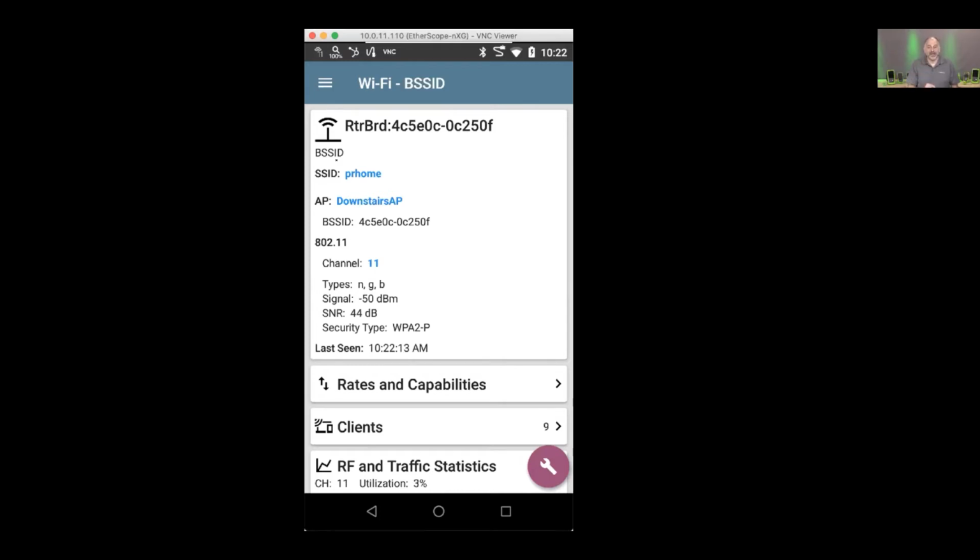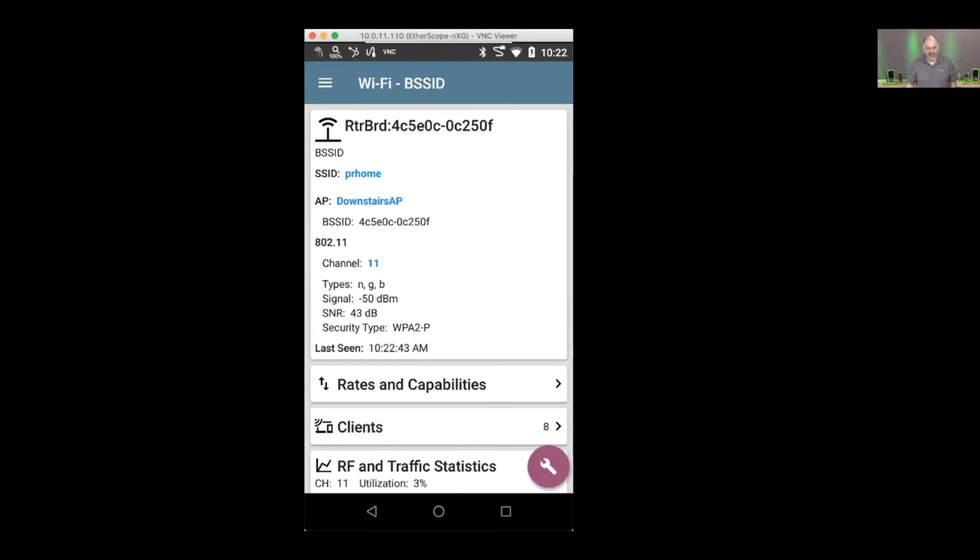So as part of my discovery process, I went in, I found each device, I gave it a name. Now, the EtherScope nXG does a phenomenal job of going in and discovering the names for devices. But sometimes we may not be able to discover that. It may not be sending out the information we need to get the name. It may not be in DNS. So we can just go ahead and assign a name to it. This makes life so much easier because now when I'm going out and troubleshooting, I know what device it is